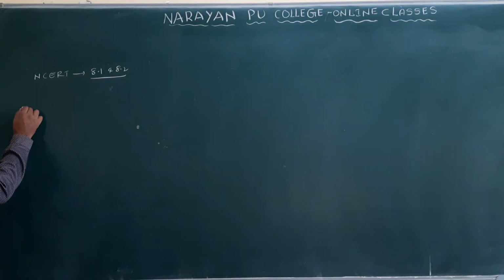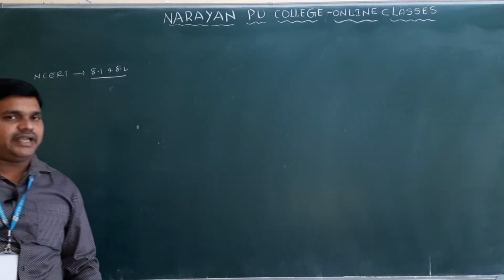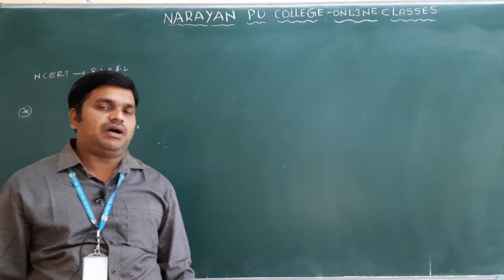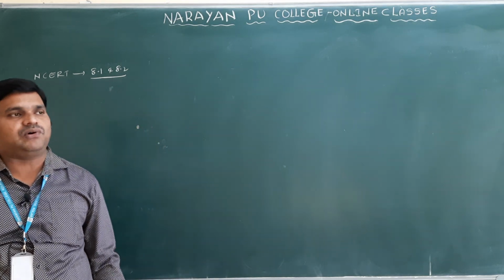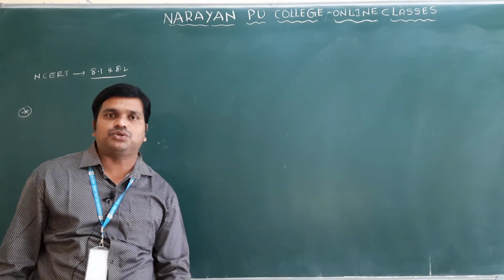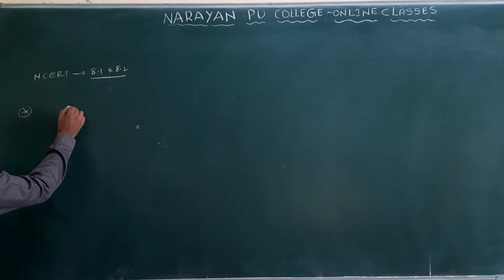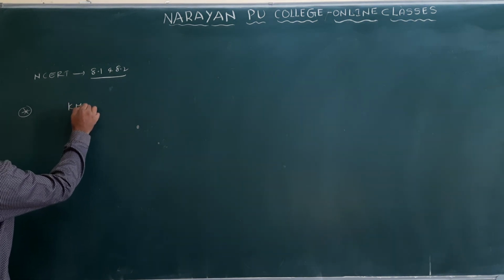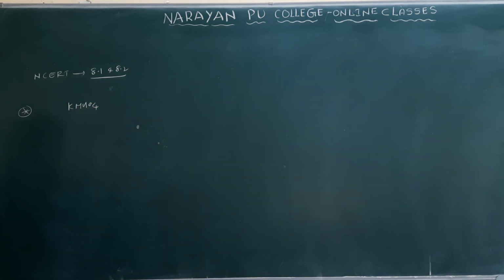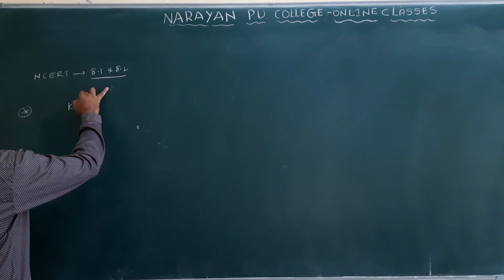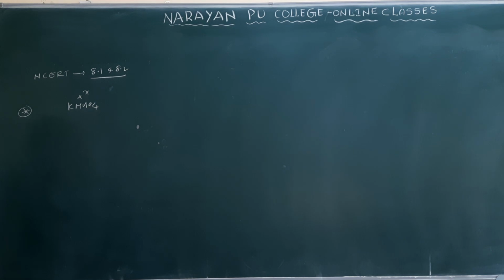Now, up to now we discussed oxidation number. If you want to find any oxidation number, what is the first rule we have? The sum of oxidation states of all the elements in a molecule is equal to 0 only. Suppose I am taking one example, KMnO4. Here potassium you will get plus 1.